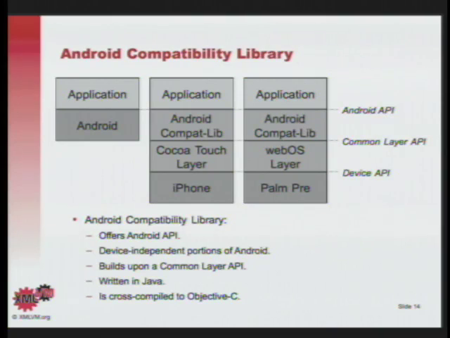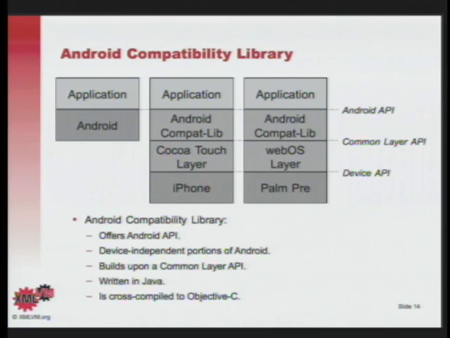So up to this point, all I've talked about was the iPhone. I have not said anything about Android, right? So I come now to the next part of my presentation, because now that we have added a Java layer over the iPhone, basically the next step will be to take care of the API mapping from Android over to the iPhone. And if you look at it, the way you write an Android application, of course, you first of all use the Java language and you use an Android-specific API. So if you look on the far left of the slide, you can see the Android application that runs on top of Android is only making use of Android API.